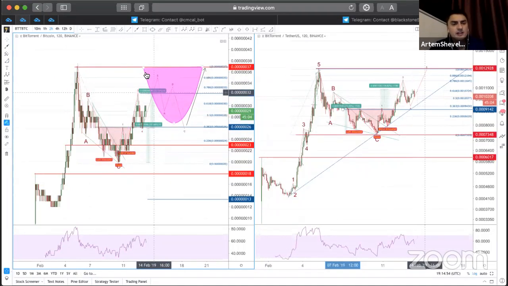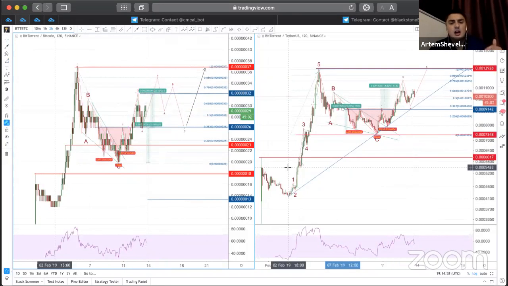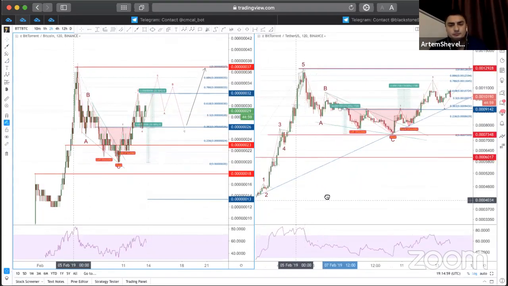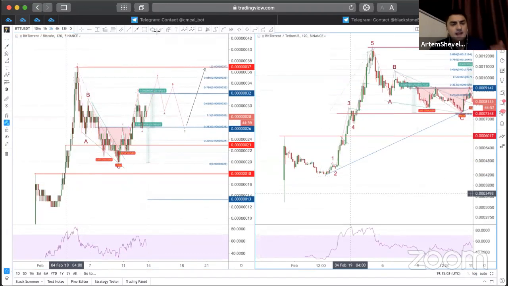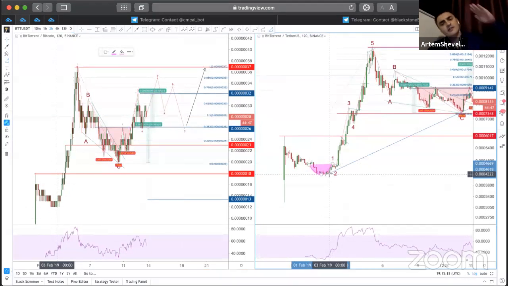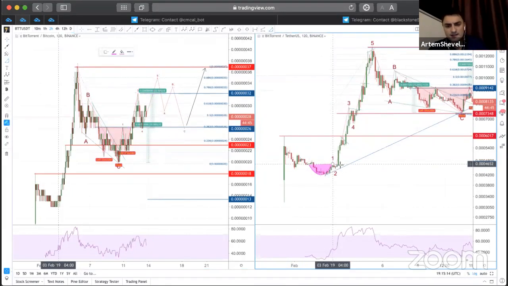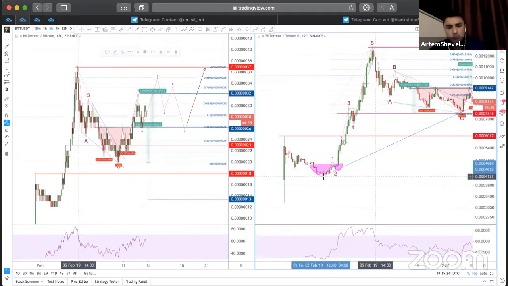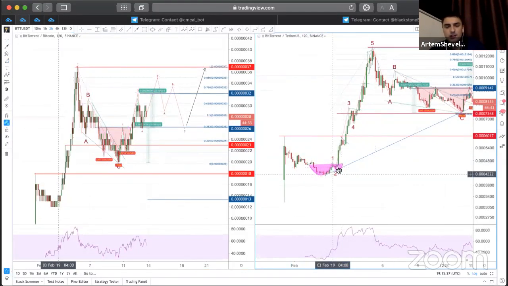Let me show you something that could actually be valid as a cup and handle. Cup and handles, as I said before, often appear somewhere after price decreasing and sideways. So it appears in sideways action. As you can see on the right chart, I highlighted this cup and handle action. It's small, but it's really useful because you see the breakout and you can trade.